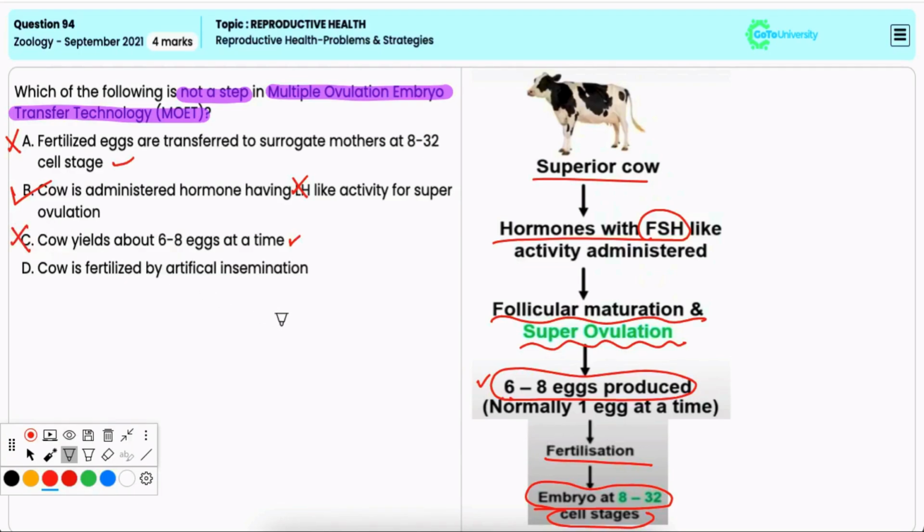Option D: cow is fertilized by artificial insemination. Now, this is also a correct step. After superovulation, the cow is fertilized through artificial insemination with the selected superior bull semen to ensure higher quality of embryos. Hence, it is also an